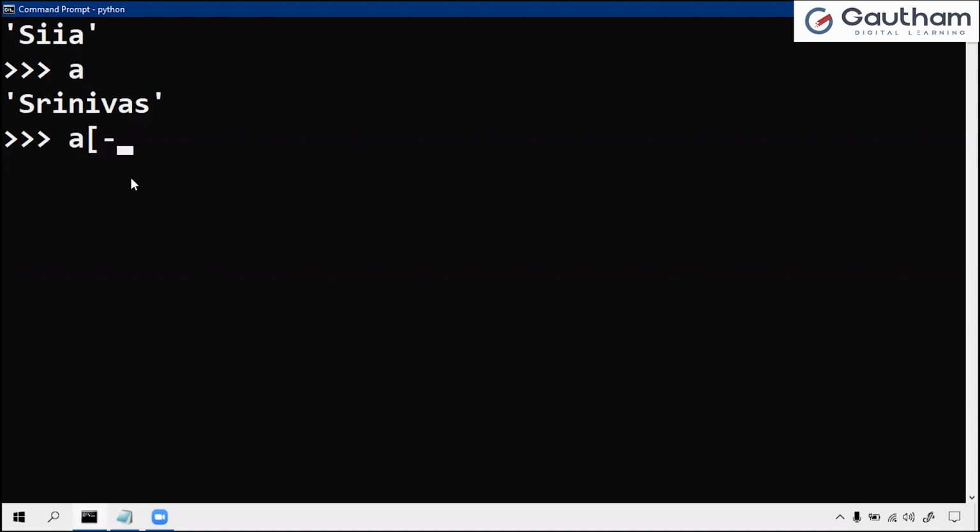Now what I am doing here is a of -4 colon -1, as we just discussed. -4 means I, -1 means s. So here we have the begin value and the end value. By default, what is the step value here? Even if you do not specify it, it is 1. So based on this step value,